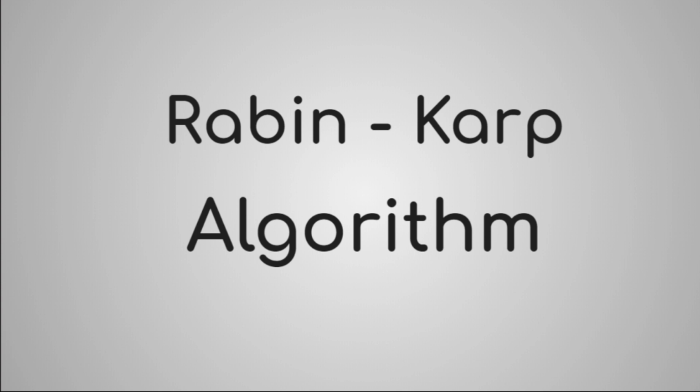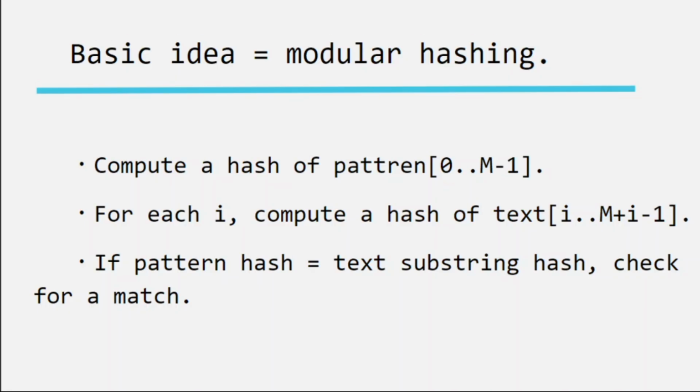So let's see how we can do this. The basic idea behind this is hashing. What we do is we hash our pattern, then we form parts of our text that are equal to the size of the pattern. Then we hash those texts also. Then we match the hash of the pattern and the text, and if they are equal, we can either return it as it is, or we can also check it word by word.